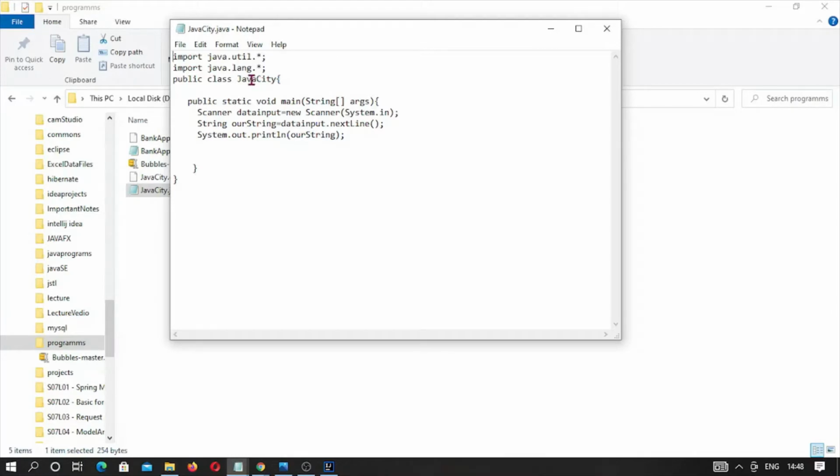So what it means, we have to always keep in mind that whatever the class name we have taken will be taken as it is throughout the correspondence inside Java. It will only understand the same word whenever we point to Java city, same word.